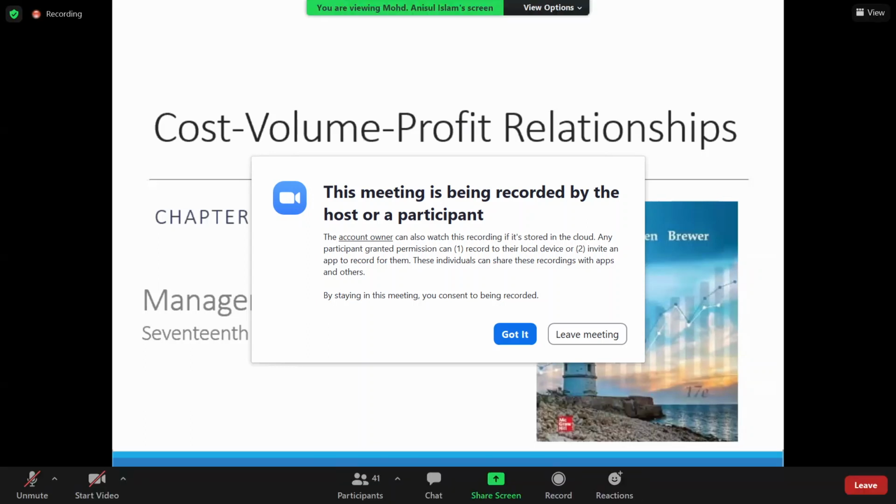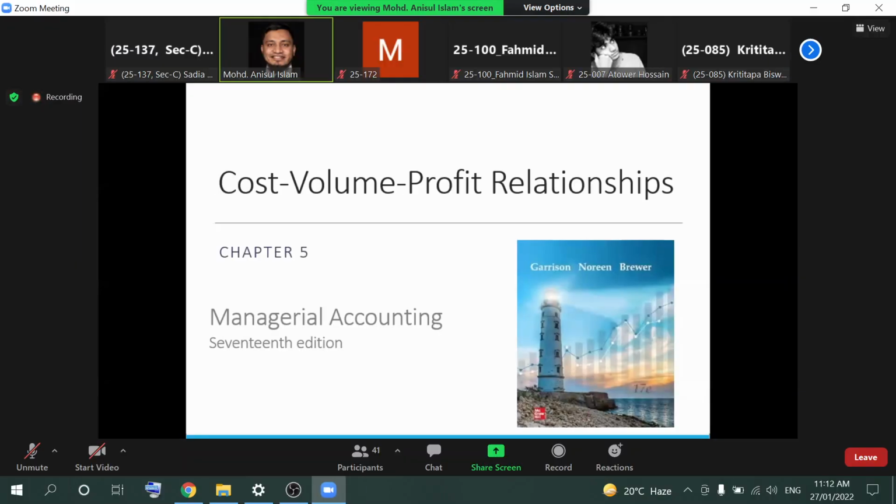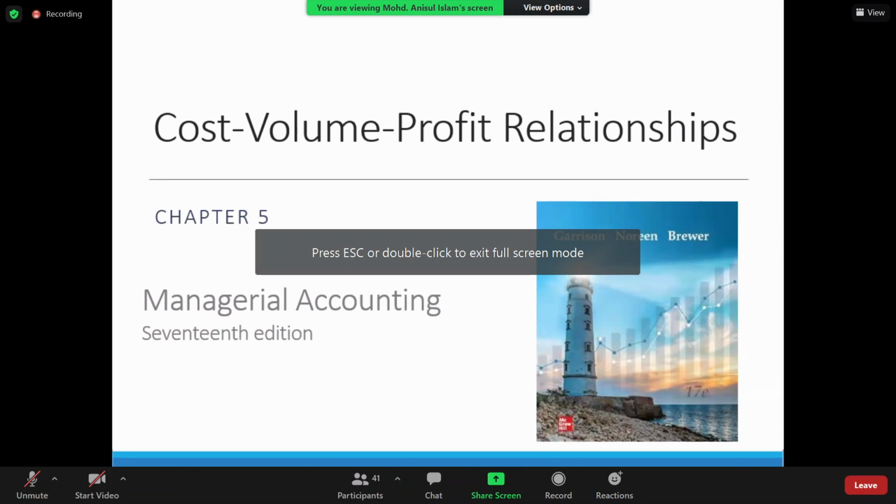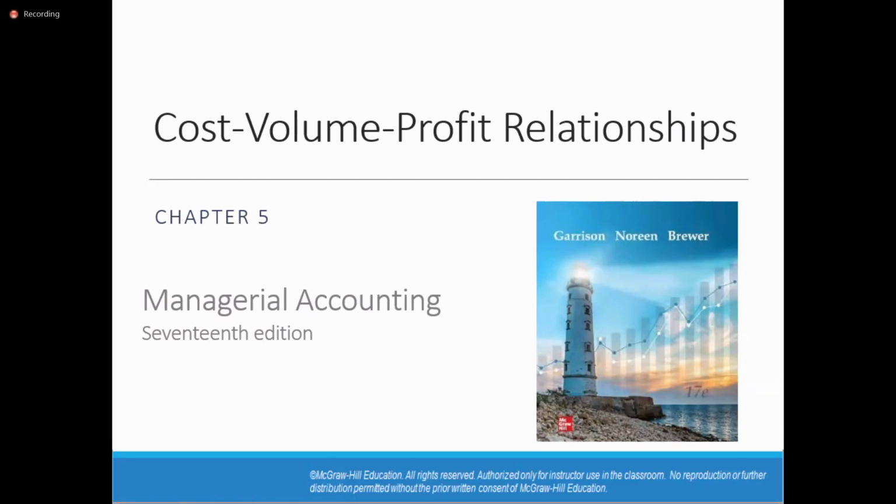We would like to discuss a relation between the cost, volume, and profit. So why do we like to discuss it? Because it has been observed that there is a close relationship between these three variables, which is popularly known as the CVP relationship. So before exploring this content in detail,